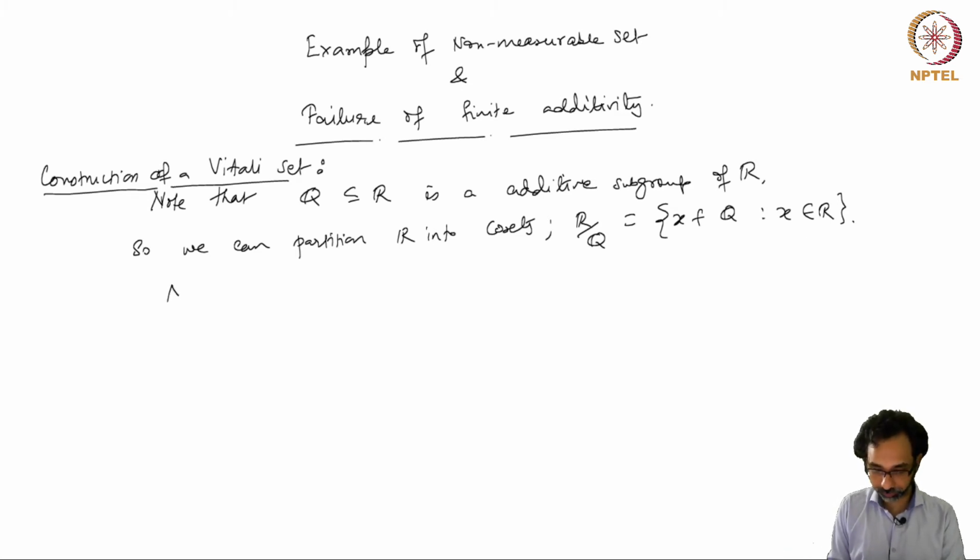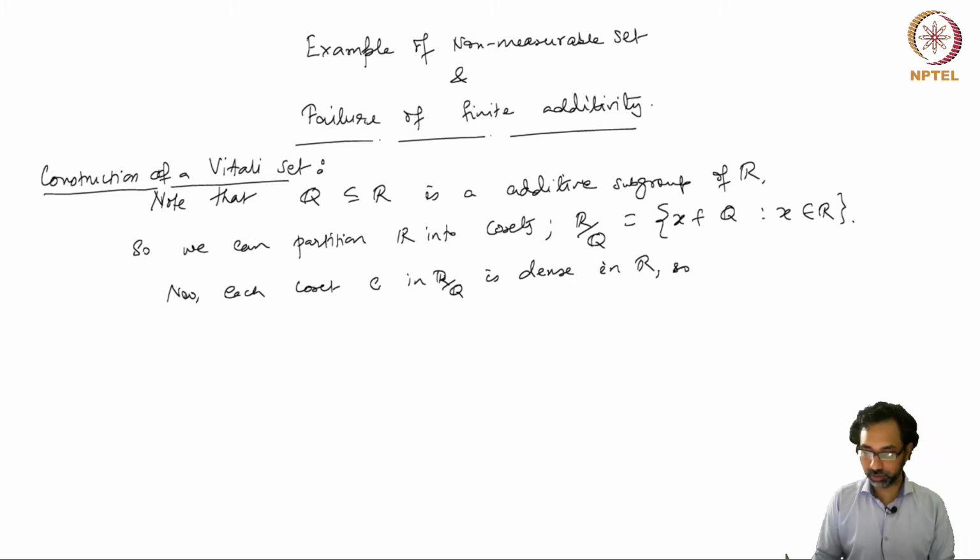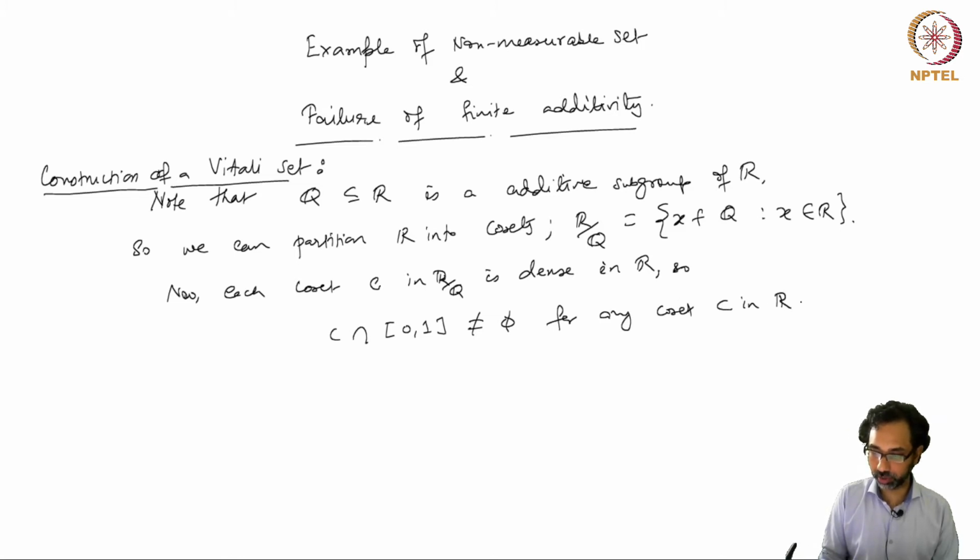So now each coset C in R mod Q is dense in R. So C intersection the interval 0, 1 is non-empty for any coset C in R mod Q. So now I am going to use the axiom of choice again to construct this Vitali set. So the axiom of choice